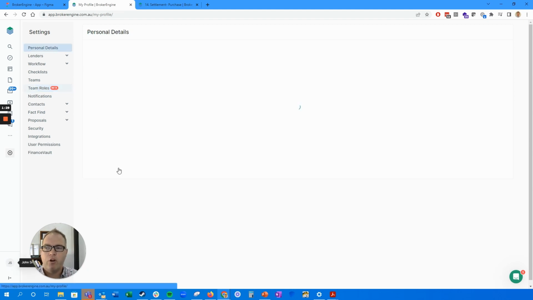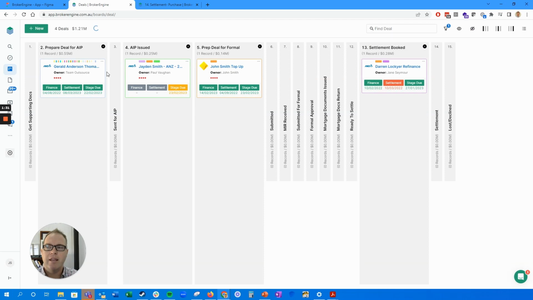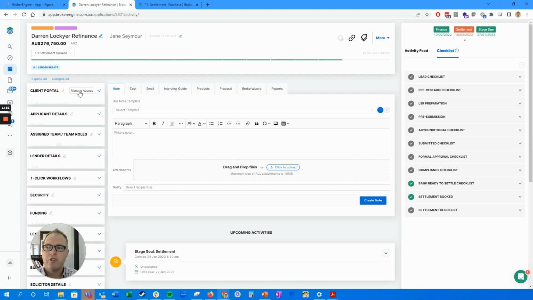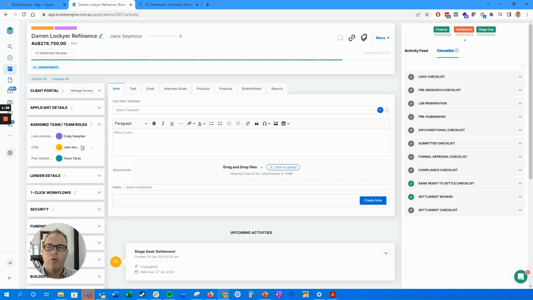So firstly, create your role. Then on any deal, you can add in the roles. For example, if I open up Darren Lockyer here, you'll see that under roles, we've already added the 3 roles on the deal. We've assigned loan processor to Craig Vaughan, we've assigned John Smith as the CSM, and we've assigned Taryn as the post-settlement officer who will manage everything to do with the settlement and reviews and so on. So step 1 is you can create the role. Step 2, you can assign them to the role. And then step 3 is you can now go, okay, when a deal moves into settlement, how do I get